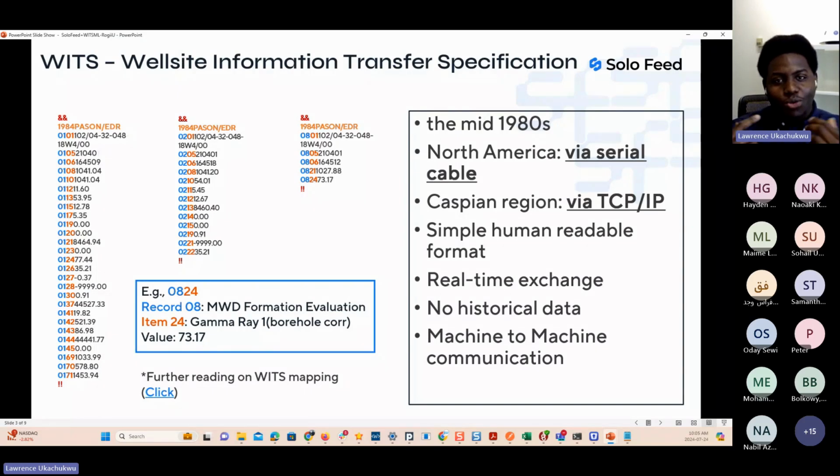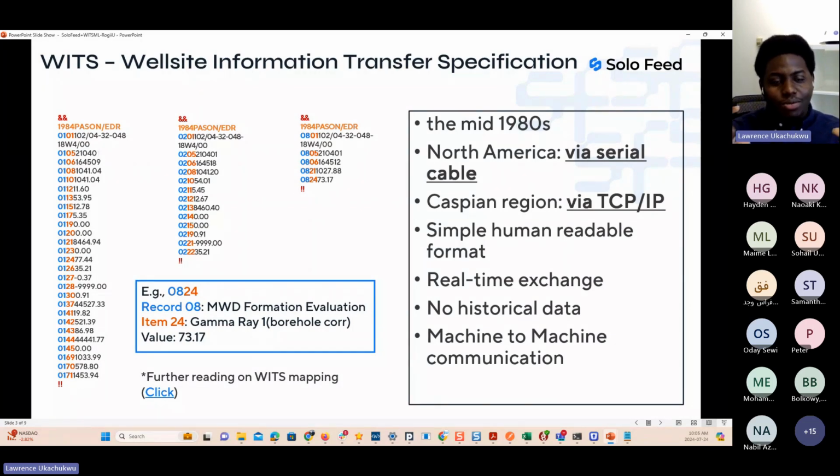WITS, or WITS0 like it's normally called, just means Well Site Information Transfer Specification. I want to highlight this because we notice people mix it up, so I'll provide a lot more clarity. At the rig itself with the EDR, your patient EDR, neighbor's EDR, whatever EDR it is, data is transferred